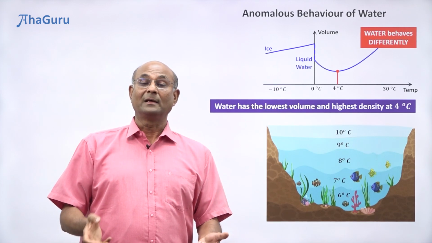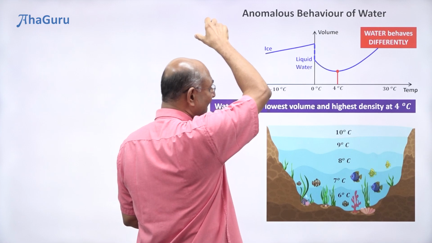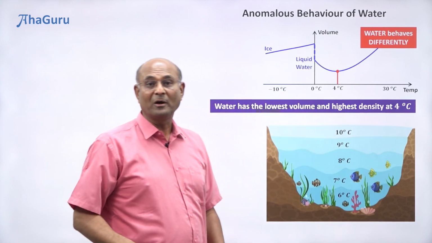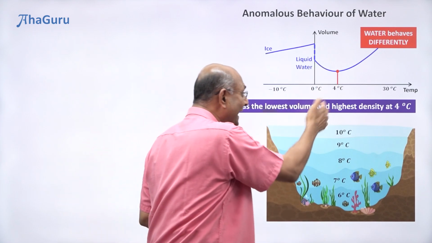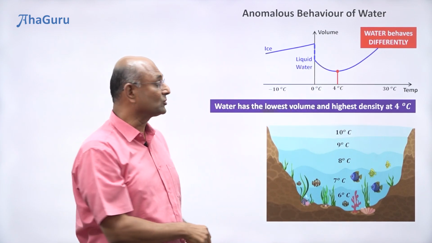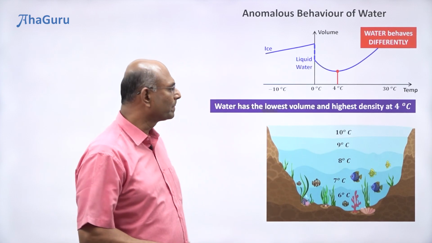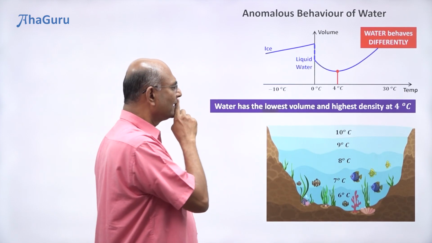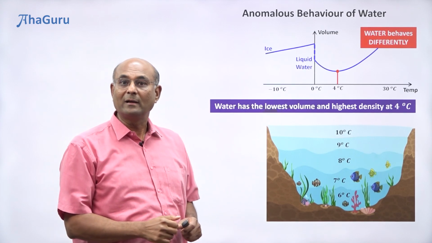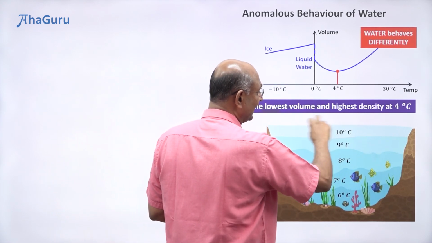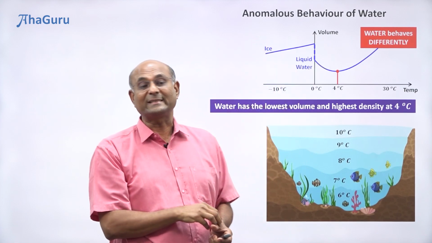How does it happen? Sun gives us the heat, right? So either sun rays come and directly fall at the top, or they heat up the land and then that heats up the air. That air then heats up the top layer. So the top layer gets heated up first, then the next layer, next layer, next layer, and so on. Okay? So now let's think. Suppose it is getting cooler. Let's look at water getting colder. Suppose 6 degree water here, right? Suppose there was originally 10 degree and it cools down to 6 degrees Celsius.